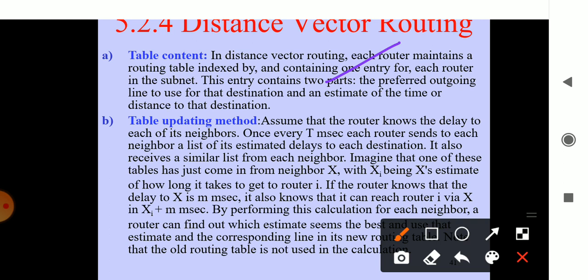But when you consider the table updating method, updating is nothing but this: when the information travels from one router to another router, there are chances of changes in the timing because of delay. Sometimes the data may be executed 1 or 2 seconds late, 3 seconds, 5 seconds, 10 seconds. That lateness is considered the update. Whenever the information travels, it may travel in the same time or it may change its time.